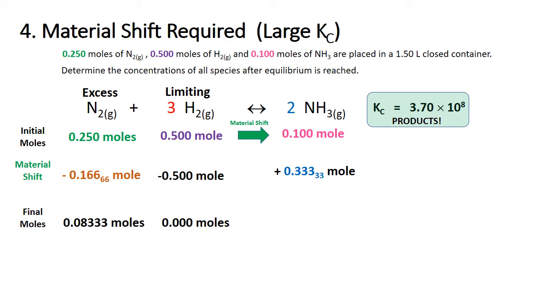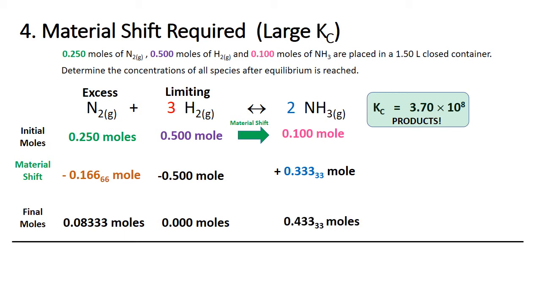Now, avoid a mistake. Frequently, students I find when they're doing problems like this forget about the initial amount of NH3 and then just blaze forward with the 0.333. But the truth of the matter is that the total number of moles of NH3 is really what we need. That is what we get when we add 0.1 to 0.333, which is 0.433 moles. Now, as you can see, we have moved as much over to the right as possible. We have no hydrogen left over, but what we need now for the next phase of this problem are initial